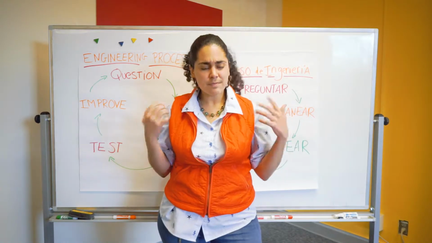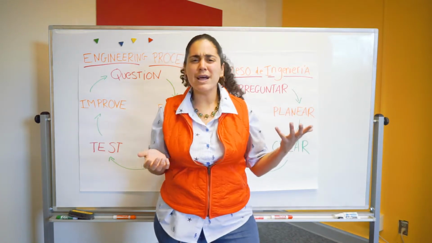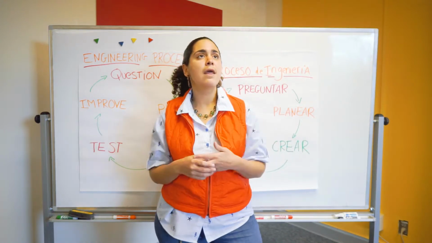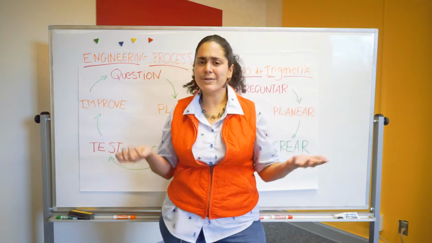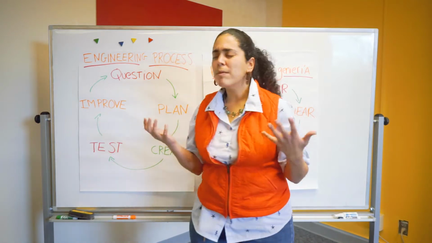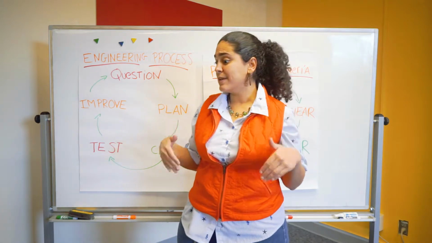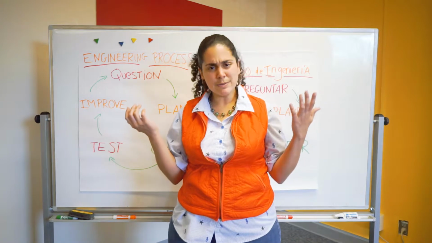So first, what is it that engineers do? They solve problems. ¿Qué es lo que hacen los ingenieros? Encuentran soluciones a problemas. Y esto pasa en una manera diaria. This happens in everyday life. There are problems that happen. We need to get from here to there. Tenemos que venir de acá a allá. Tenemos un problema. ¿Cómo lo hacemos? How do we do that?